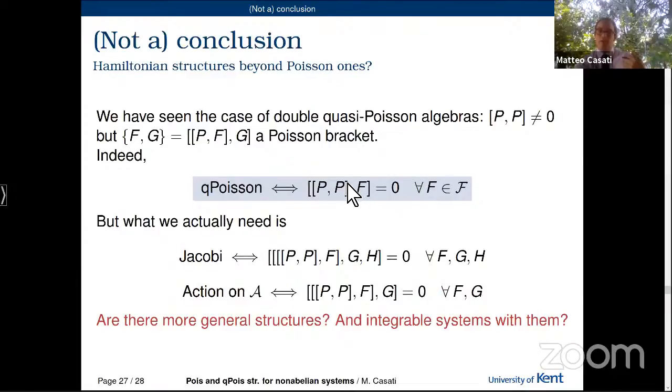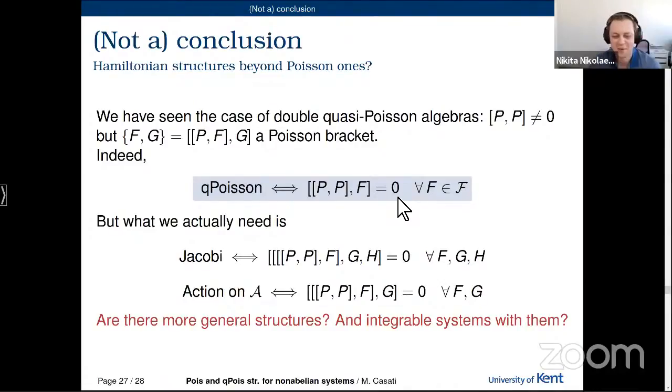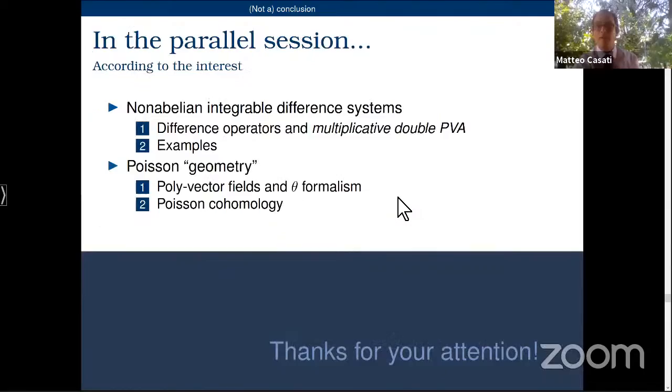and this is what in the integrable community we should really look for when we want to discuss whether you have a hierarchy of commuting functional quantities, etc. The question whether there are more general structures where these are satisfied but the Schouten identity is not is still completely open. I'm not sure I can answer, but if someone can, I would really appreciate it. Perhaps that can happen in the parallel session. Since I'm not coming from Poisson geometry, maybe many of the things that I found as discoveries are trivial for you, and I apologize for that. This is the slogan of what I'm planning to do in the parallel session and discussion, but that really depends on interest.